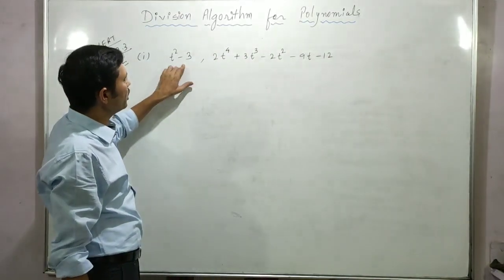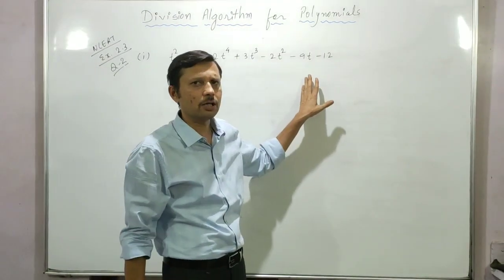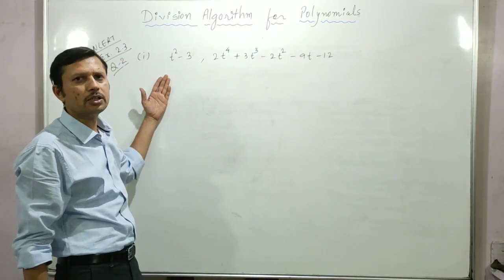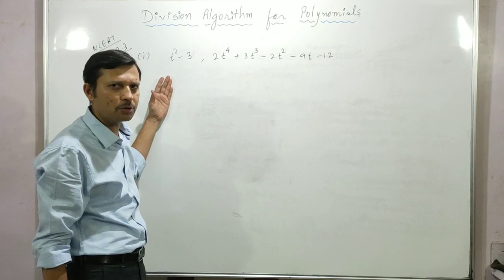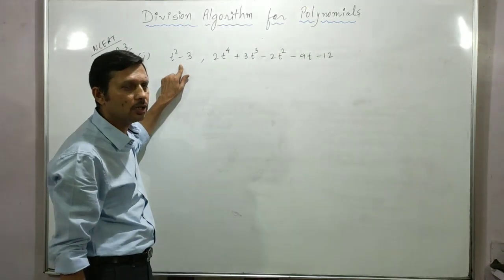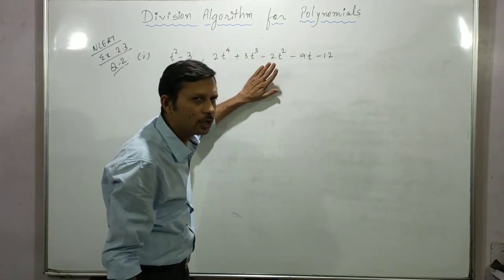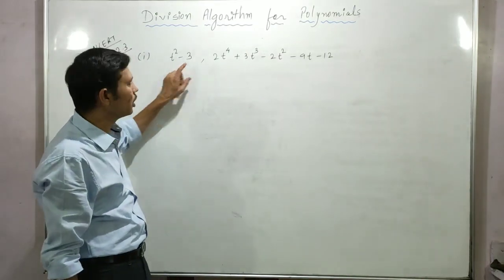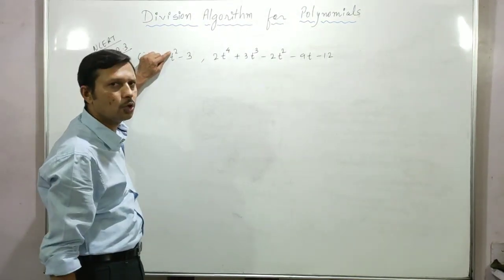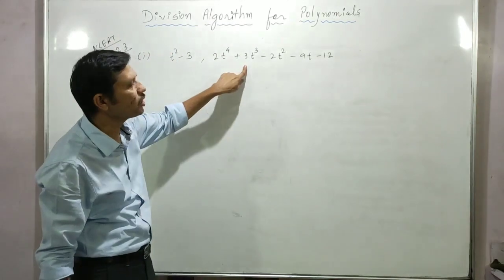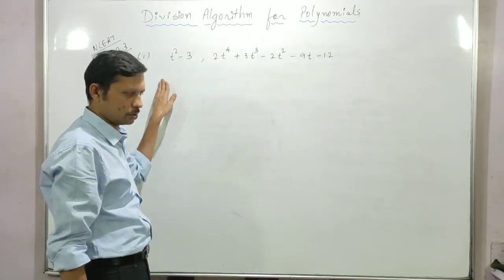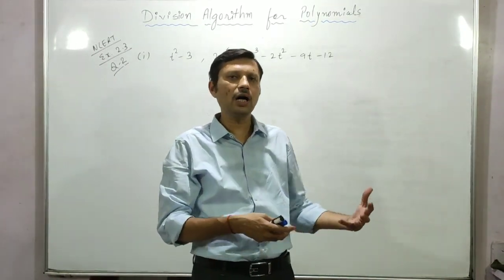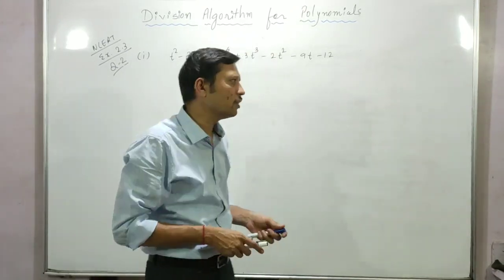The question we have to check is only whether this first polynomial is a factor of the second polynomial or not, by dividing the second polynomial by the first polynomial. Okay, question समझ में आया बच्चों? The first polynomial that we have to check, is it a factor of this polynomial or not. How? By dividing this polynomial by this polynomial. It's a higher degree, it's a lower degree. So obviously this can be a factor of this one, this one not. The smaller degree polynomial may be a factor of the higher degree polynomial, maybe not. That we will check.